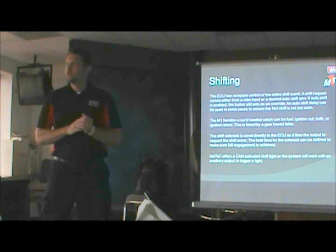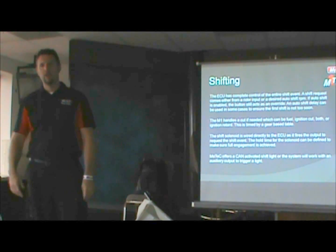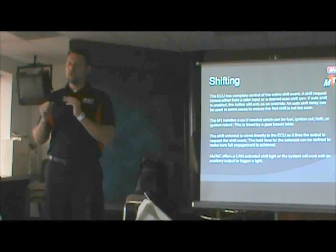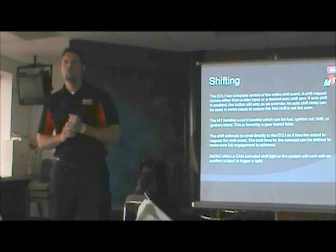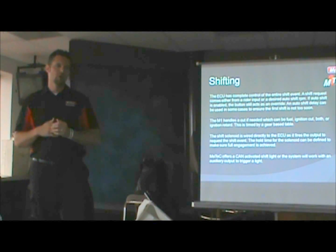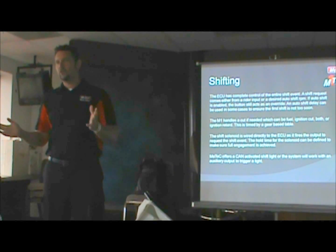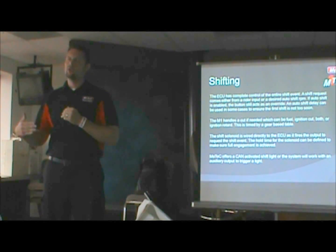Shifting is a pretty simple system, but in the current application it requires a lot of work. You have to have a shift kill box, you have to have something to actually run the shift solenoid, and we're handling that all out of the ECU. You wire the shift solenoid directly into the spares connector. You wire your shift button, whether it be the horn button or an aftermarket one that you put on, into the ECU. The process goes, you request a shift, press the button, and then the ECU starts a series of timers and allows you to fire the shift solenoid to put some load on the gearbox, and then depending on your transmission type,